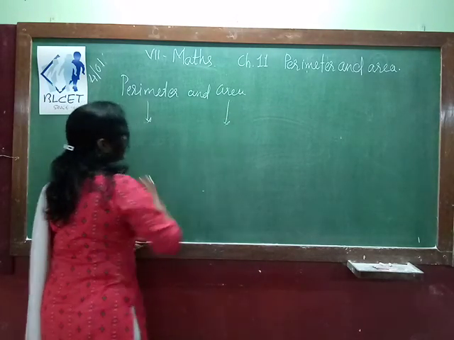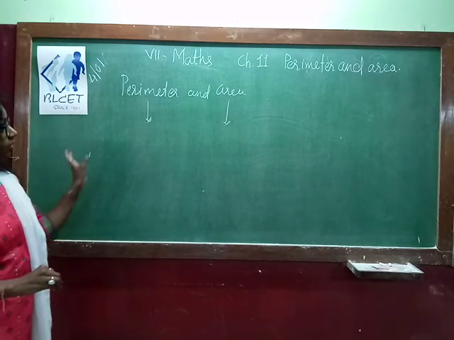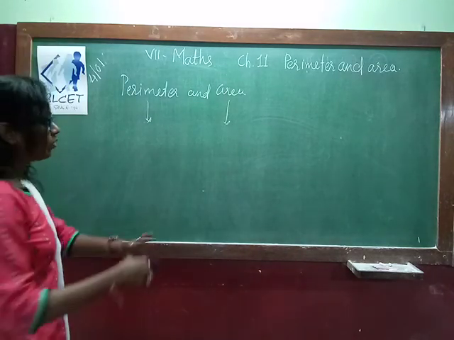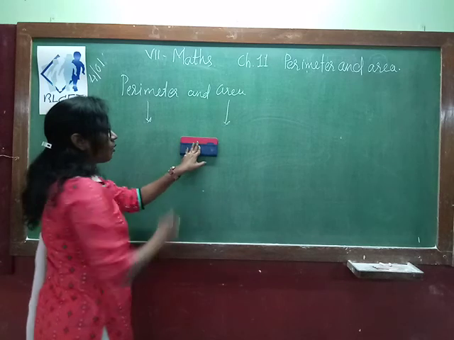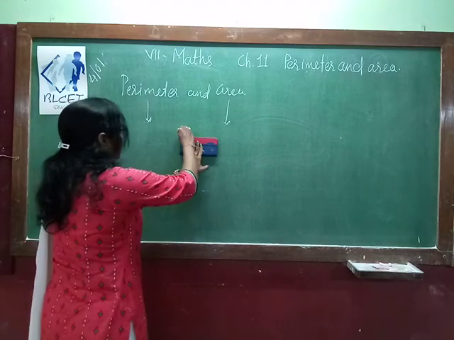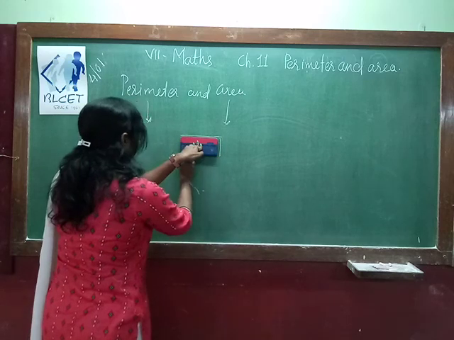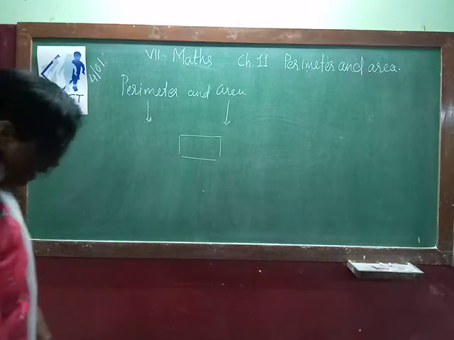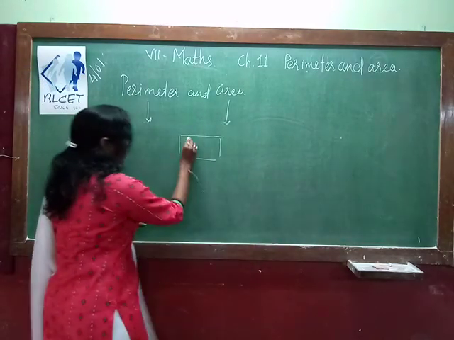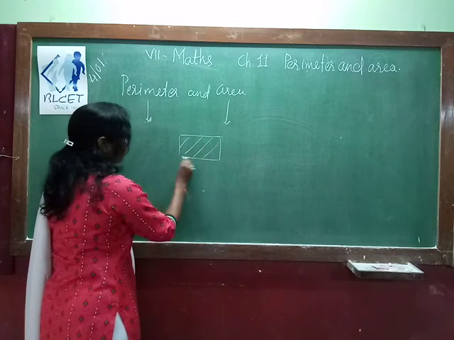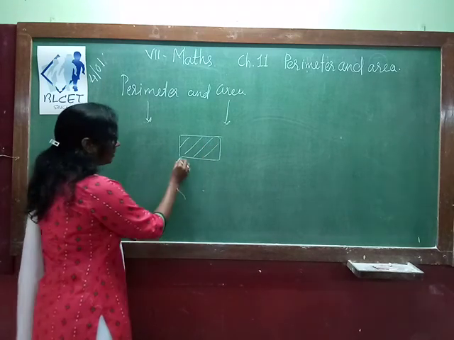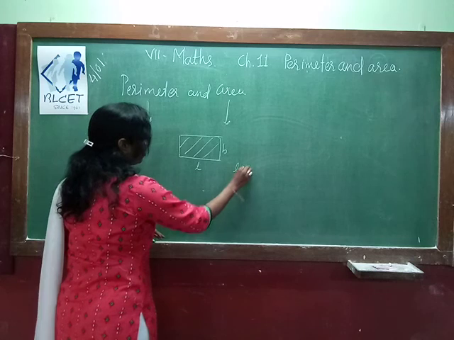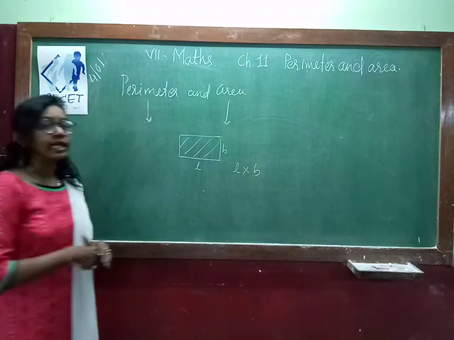And what do you mean by area? Suppose you have this green board, and I keep an object on this green board. So what is the area of this mobile? I can just draw the outline, and this outline gives me the area of this mobile. But how will you calculate the area? We have learned length of mobile and breadth of mobile. If you have them, then L into B, length multiplied with breadth, will give you the area.